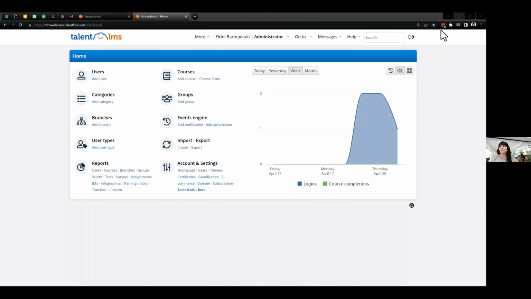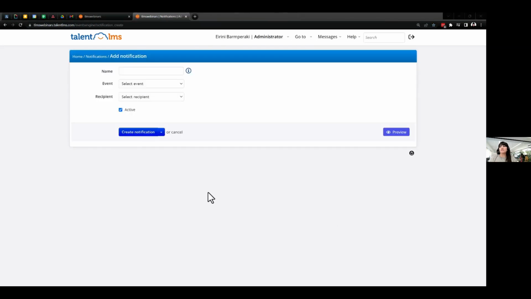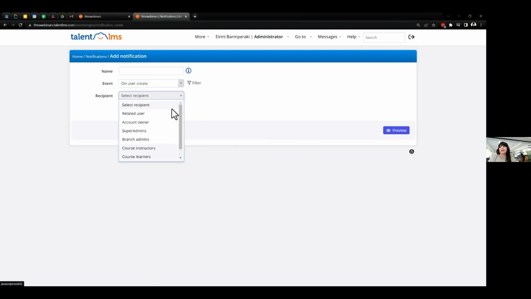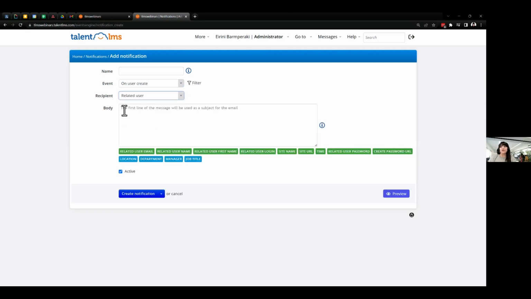Again, we're going for the notification and the events ending. Only this time, the event we will use is on user create. And again, the recipient at this point will be the related user, because the users that we create need to receive their credentials. So again, the first line is the subject of our email, we will write down our template,